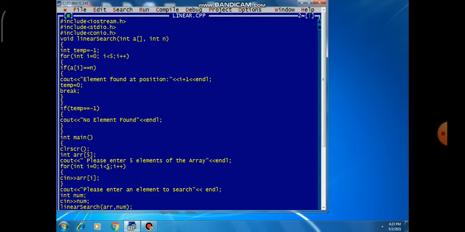Then I am entering the number with the help of cin. It is the same as the scanf function in C programming, which is used for entering the value from keyboard. So here we are using cin, which is used for entering the value from keyboard. After entering the value which we want to search,